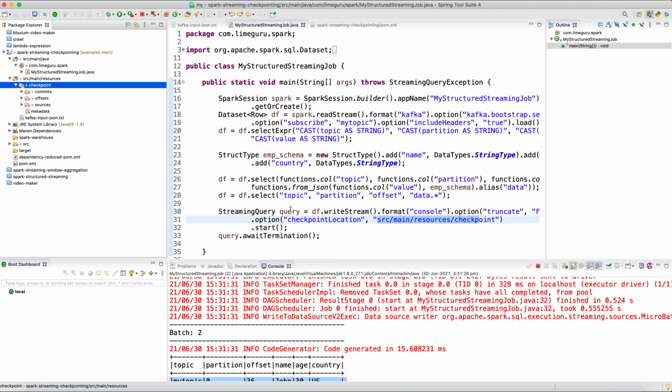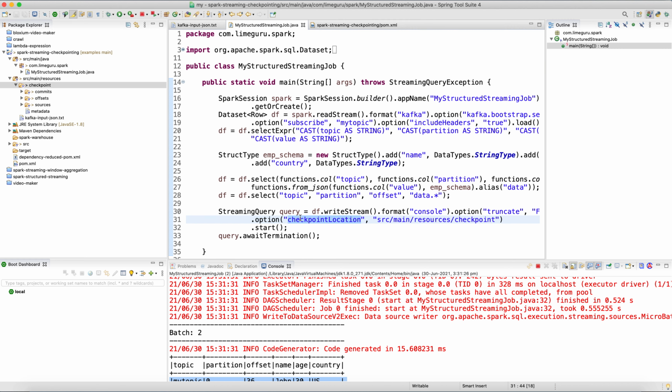And one important point: right now I'm running on local, so the checkpointing location is my local directory, but when you are running this job on a cluster, it has to be a shared location, which can be an HDFS location or any other location, but that location has to be accessible from all the workers, because message processing happens on workers, and all of them need to coordinate with that checkpoint directory about what messages they are processing. So it has to be an HDFS location, and if you're running on local in pseudo cluster mode, then it can be a single local path also.